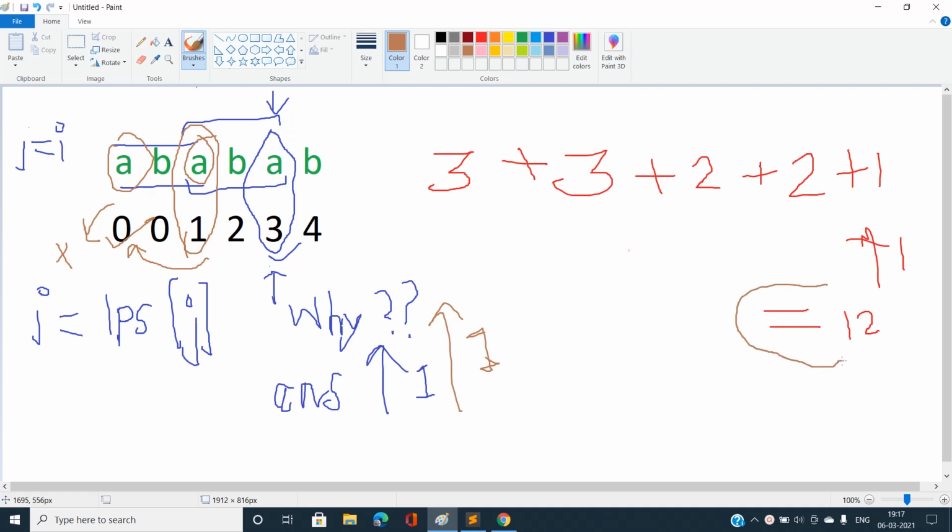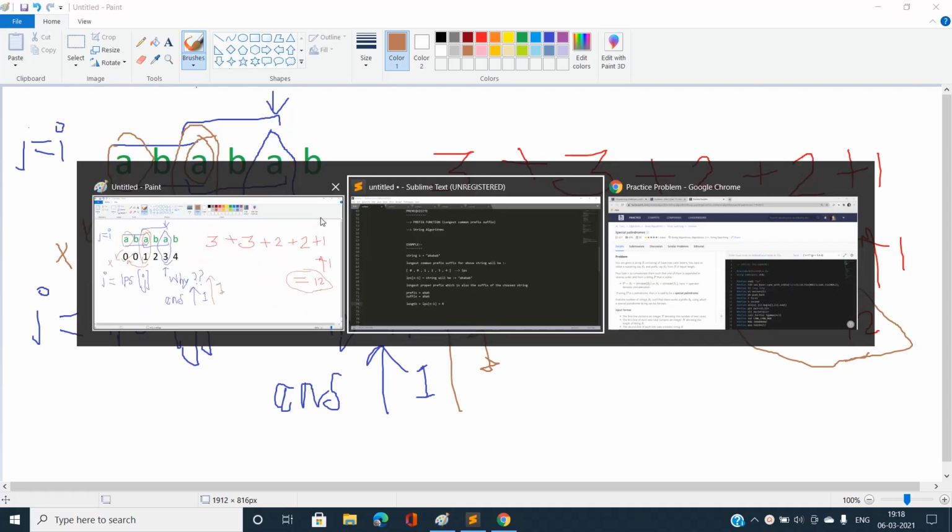So why this approach is working, you can easily see: for every index I am going to find if there is a prefix that is matching with the suffix, then I am going to increment my answer. This is going to denote yes, I have a substring that is matching with the prefix. So I am going to count the total number of substrings basically. This approach will give us 12 if you go for every index i and sum up all the answers. So let's move on to how we are going to code this.